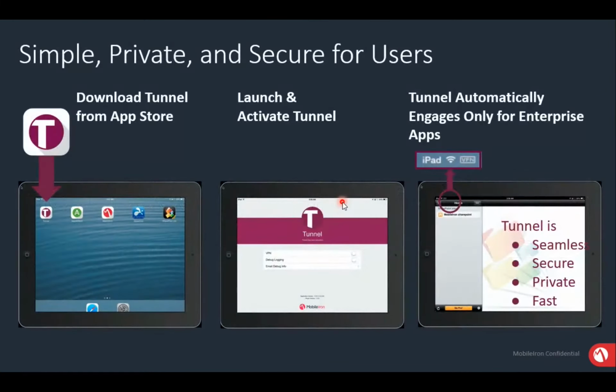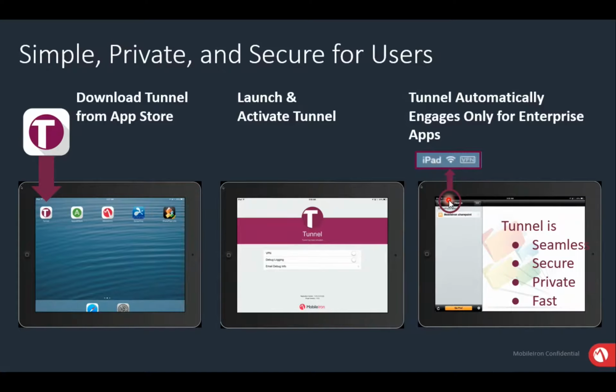Now, how the tunnel works. From a user perspective, they simply have to download Tunnel from the app store, or it can be pushed from the mobile app automatically, and they simply launch the tunnel and activate it. There are two ways: either the user can do it manually, or you can have an automatic trigger. We can create app trigger policies, so when a particular app is opened, the tunnel will be automatically initiated, and the VPN will be used only for the traffic coming from that particular application, not for the other traffic.